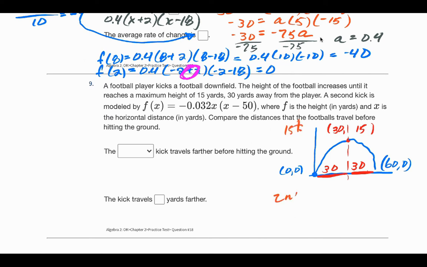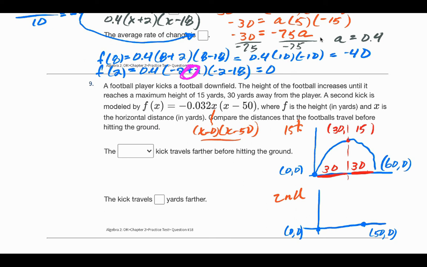For our second one, again, if you look at it, this here tells us that one we can write as x minus 0, and then we have x minus 50. So this is telling us we have intercept form. So again, do the same thing. In this case here, we're going to say our intercepts are at 0, 0, and our other one is at 50, 0. And this time here, it's